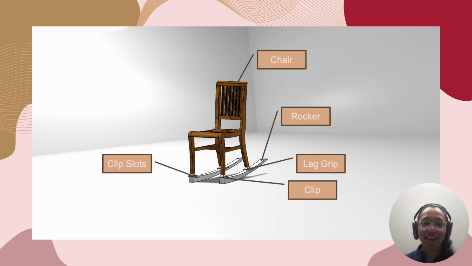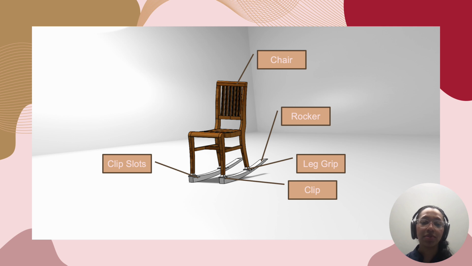Here we can actually see a fully labeled view of this model. So in this final iteration, I actually ended up using more parts than I originally conceptualized. Instead of one or two parts, this actually has three different parts. The base rocker, the leg grip, which is then attached to the clip, and the clip gets clipped into the